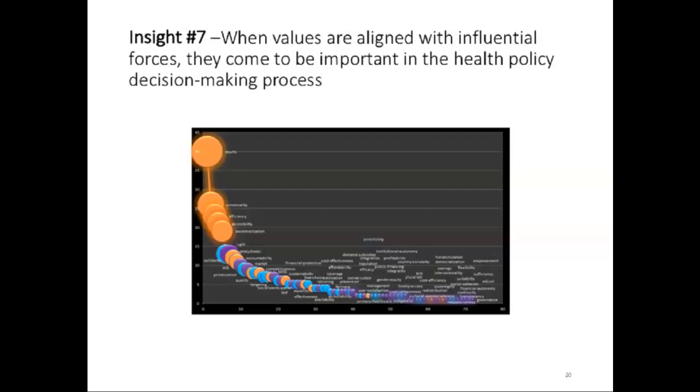Our point is that when the value is aligned with influential forces, external forces, interest group forces, and institutional forces, the ideas of the citizens and the public opinion, maybe this value comes to be influential in the decision, and the decision makers should consider this before making a decision. One of the examples is Chile, that they have a very interesting value, that is